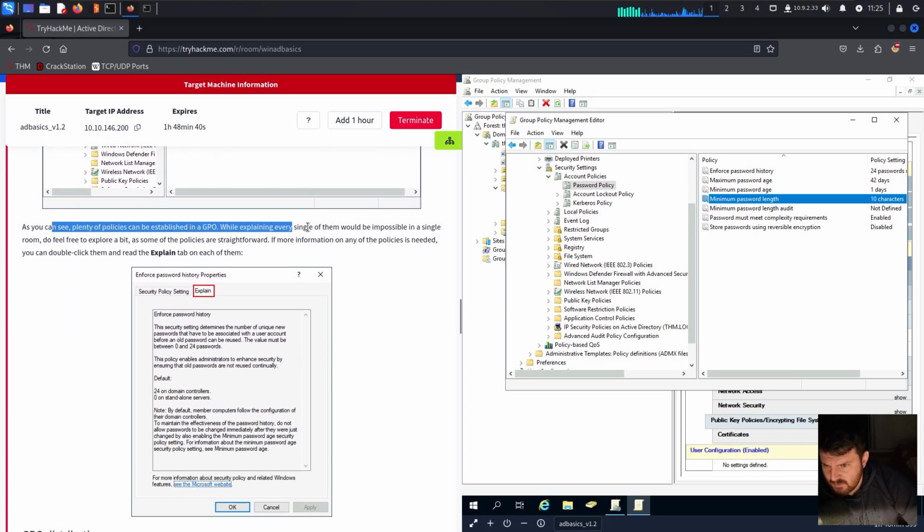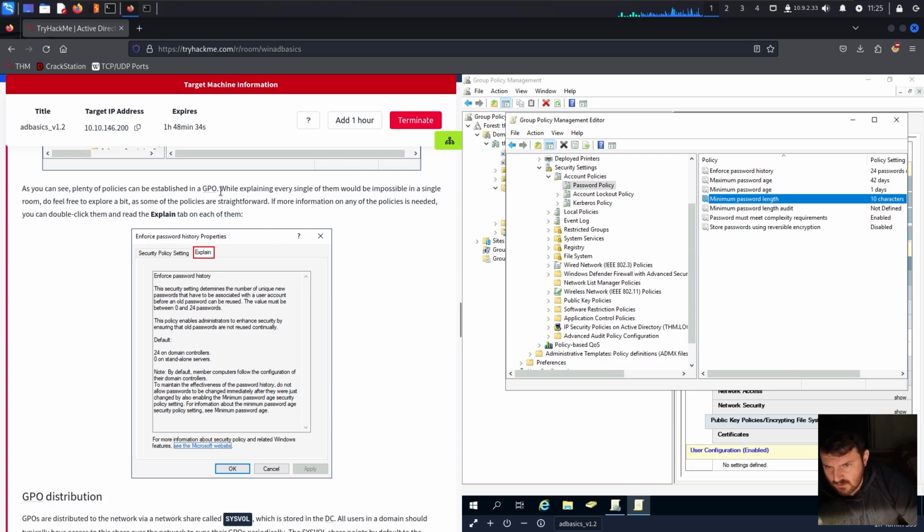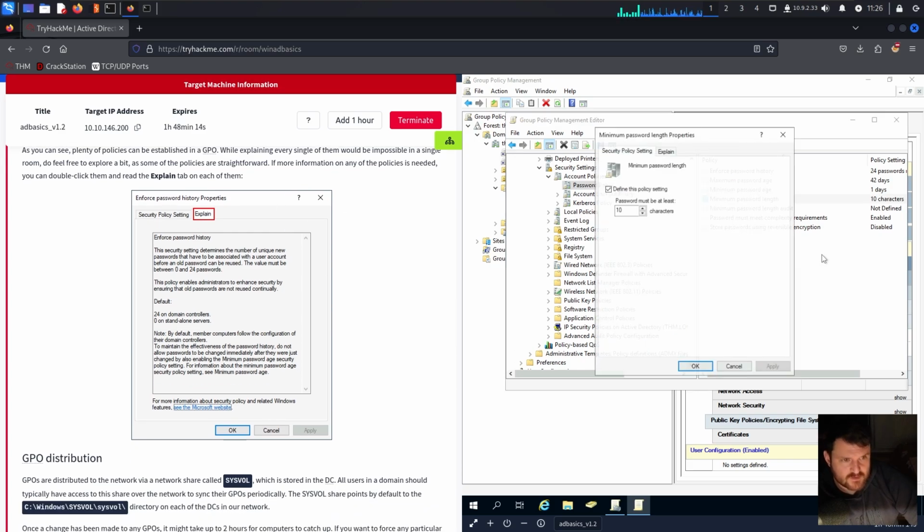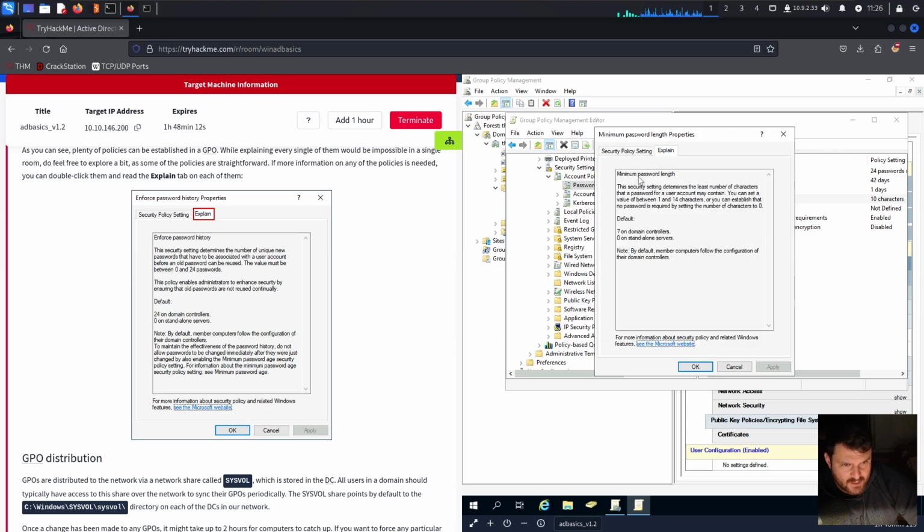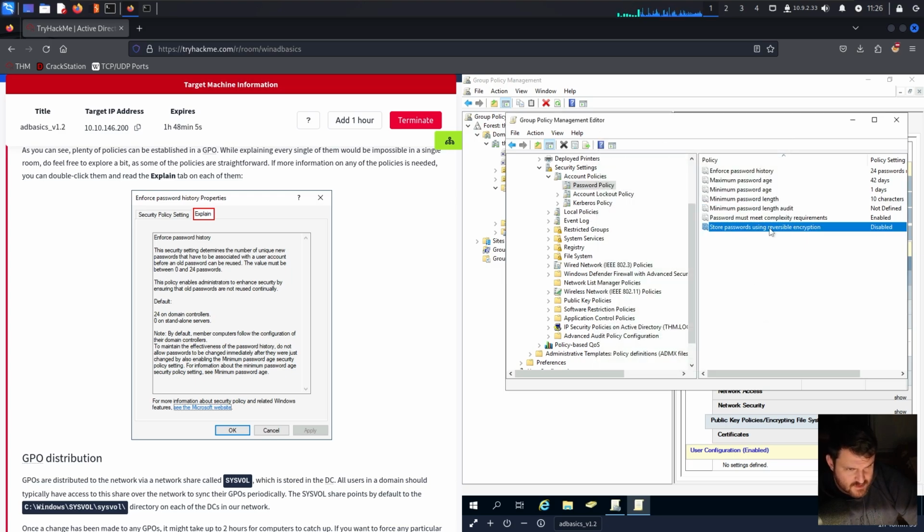As you can see, plenty of policies can be established in GPO, while explaining every single one of them would be impossible in a single room. Do feel free to explore a bit. As some of the policies are straightforward, if more information on any of the policies is needed, you can double click them and read the Explain tab on each of them. For instance, minimum password length, double click, explain, and you can see what it's about, right? You can read more about it. And you can do this with any